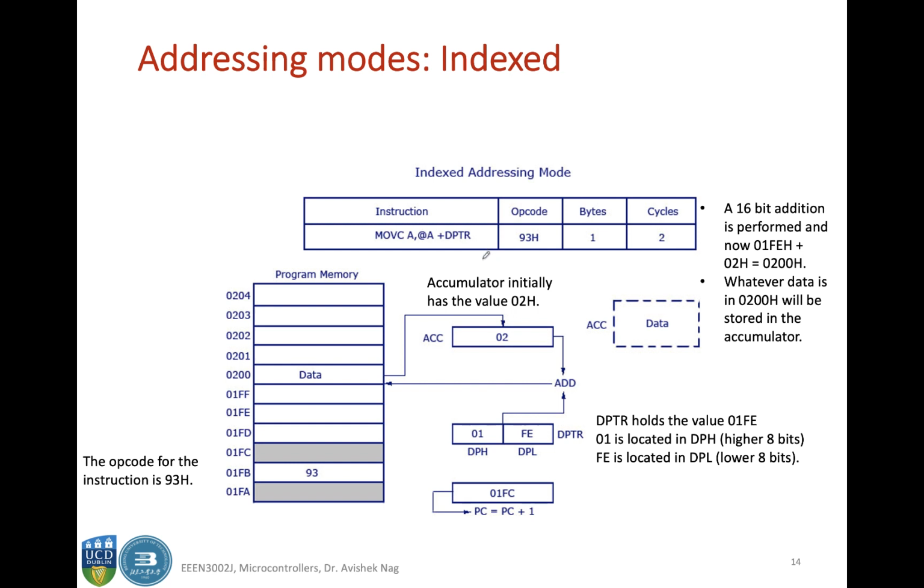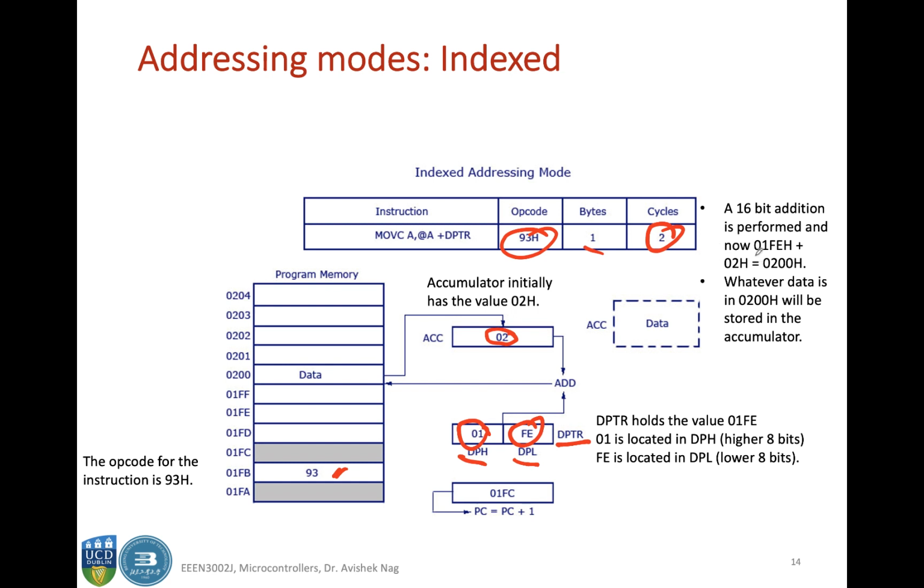So let's see how this works. I already explained slightly, but let's do it again. So MOVC A, @A+DPTR is a 1-byte instruction, but it takes 2 machine cycles. The opcode for that is 93 hex, and let's imagine that that opcode is stored here in this location. Okay. So let's imagine that my DPTR, it's a 16-bit register, has the high value 01 and the low value FE. So 01FE is added to the current contents of the accumulator, which is 02,